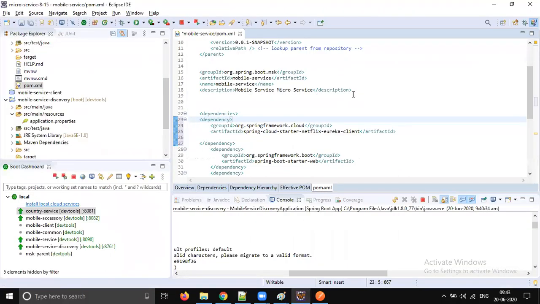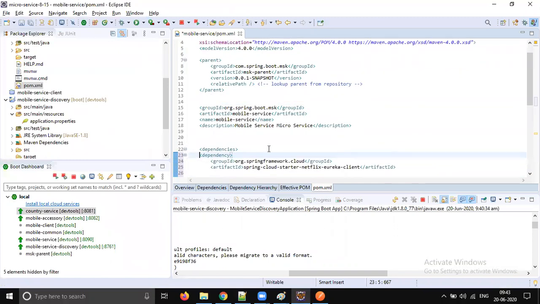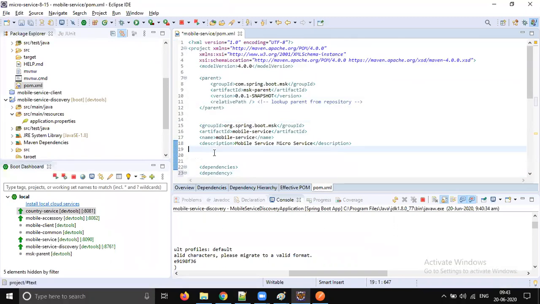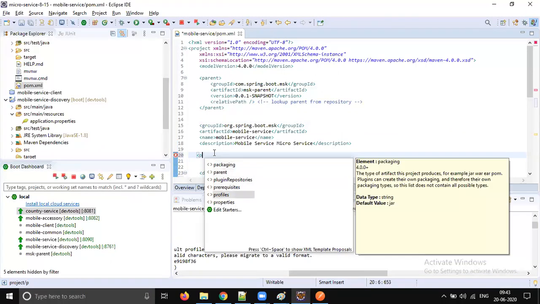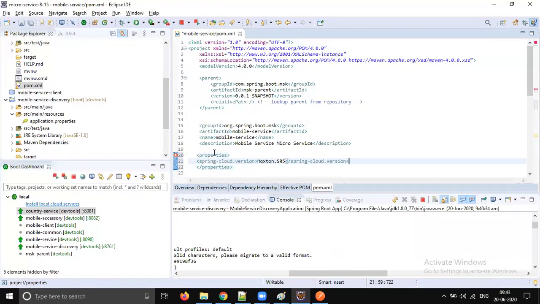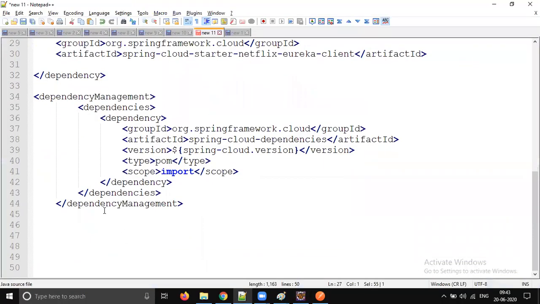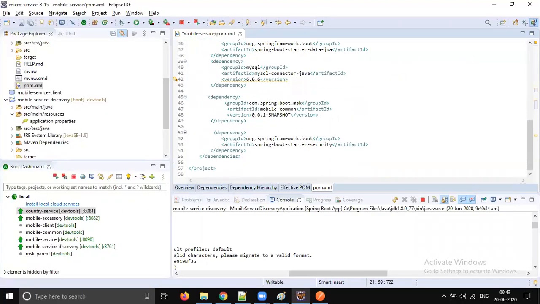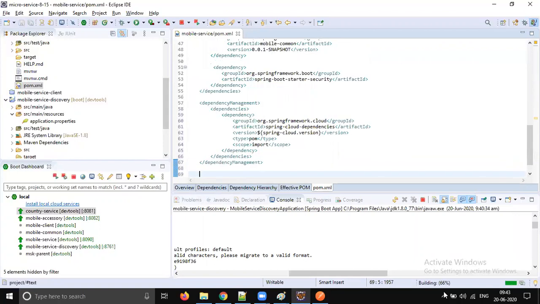One thing is the version of Spring Cloud we are using. Let's add some properties here: insert properties, put what version of Spring Cloud you are using, and add the dependency management. Then those Spring Cloud dependencies are available to your project.